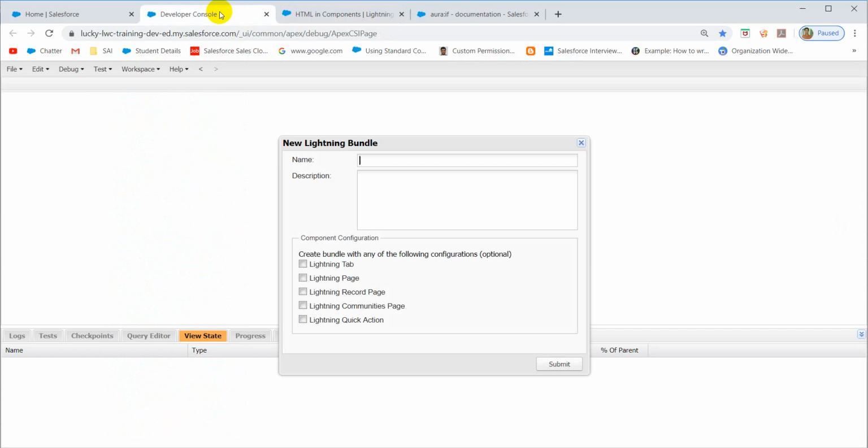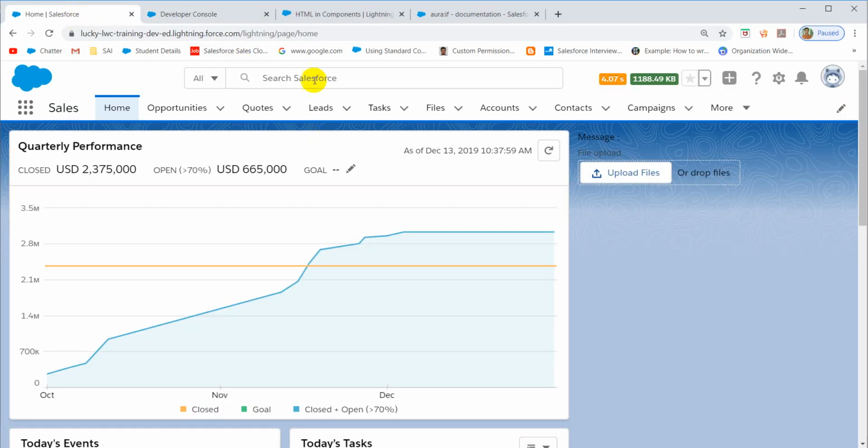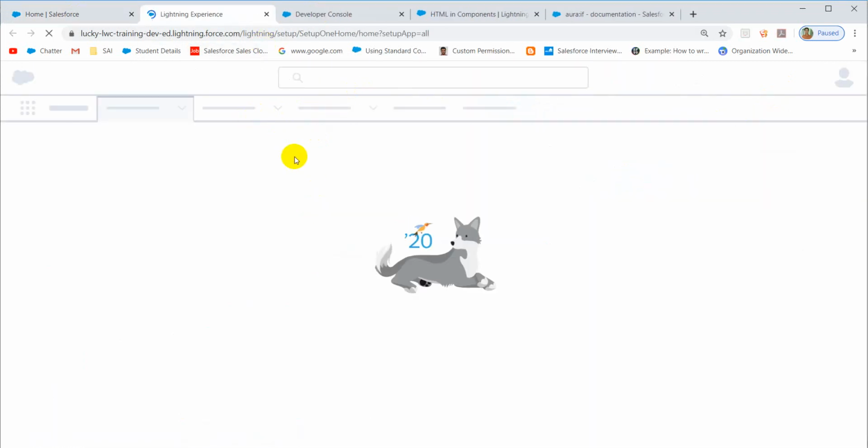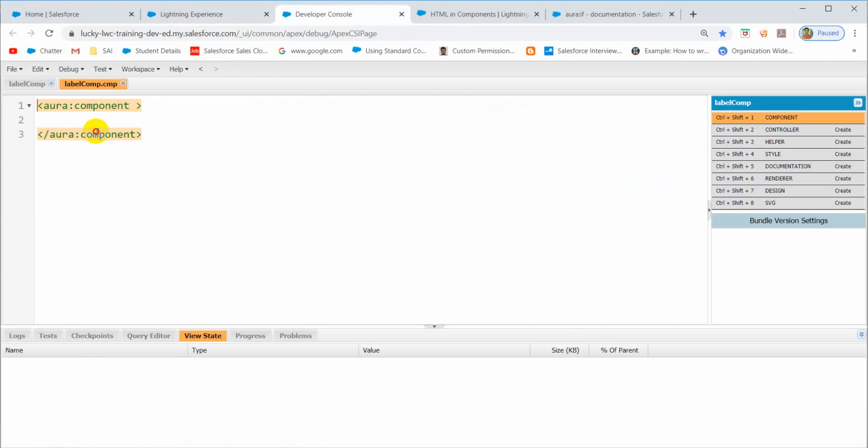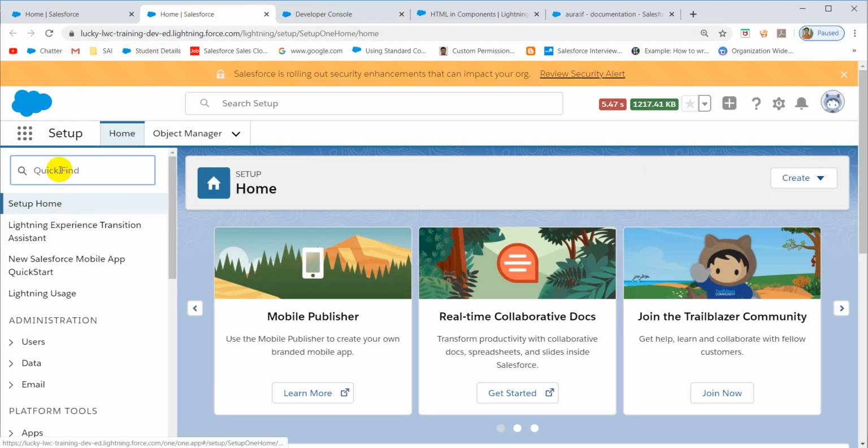If you want to use labels inside the component, how can you use them? Let's say I just want to display the label data in the component. I'm giving just a very simple name. Let me show you how to use the label name. Usually, the syntax is the dollar label dot c. C means namespace, and the default namespace is c. So whatever label you have created, let's say you have